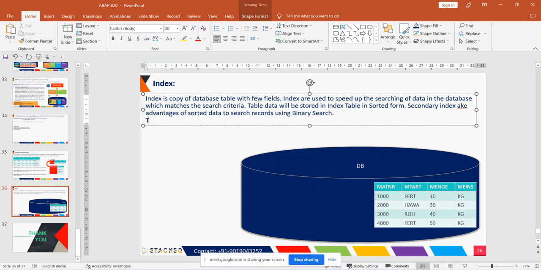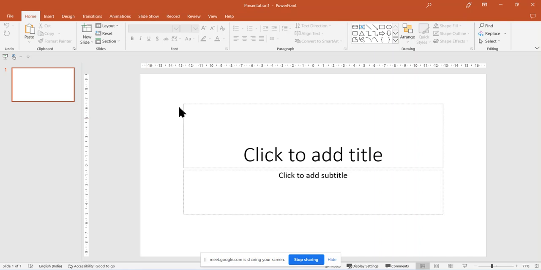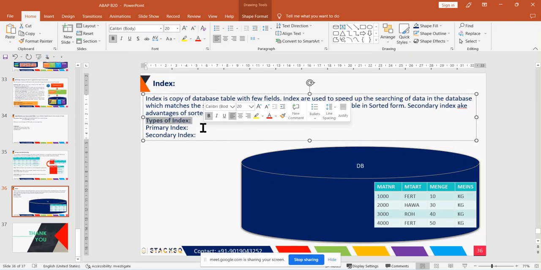Okay, there are two types of indexes. One is primary index and the other one is secondary index. These are the two types of indexes we have. So what is primary index now? The primary index